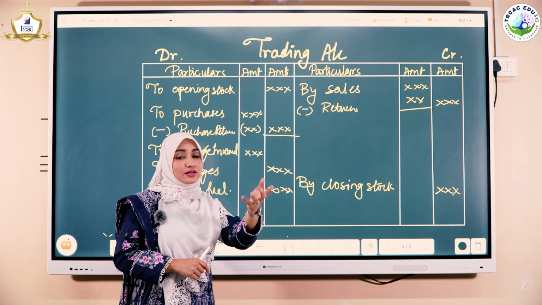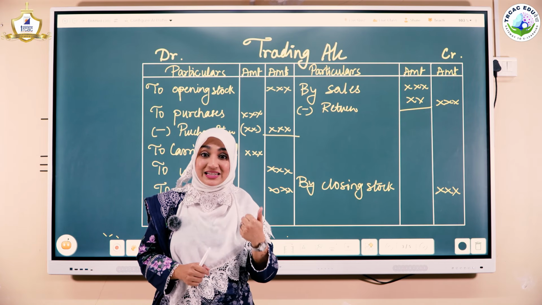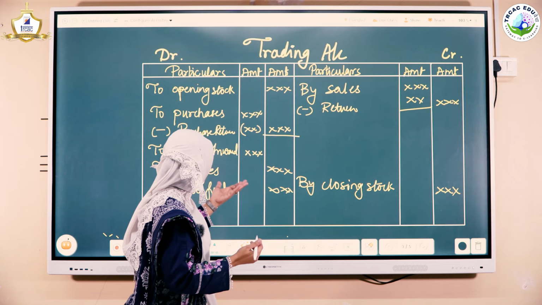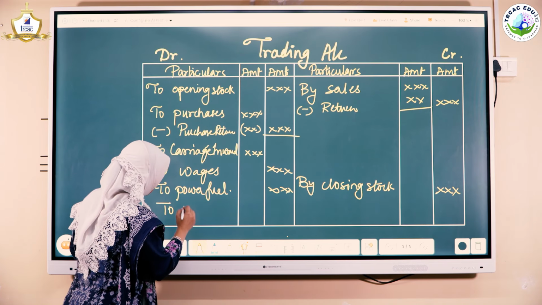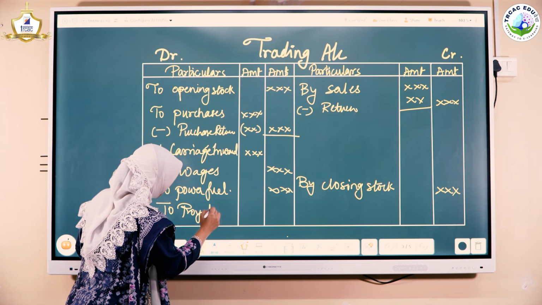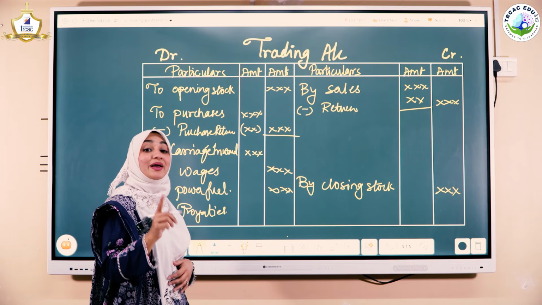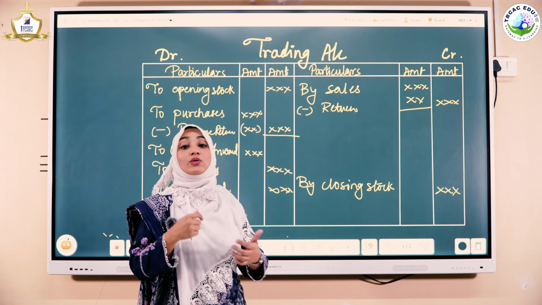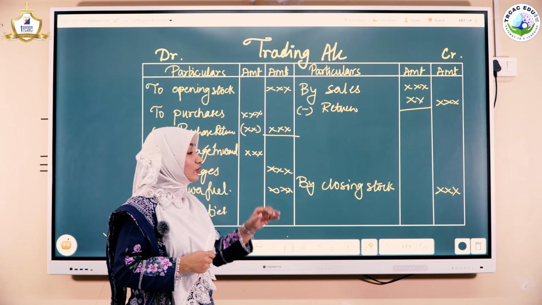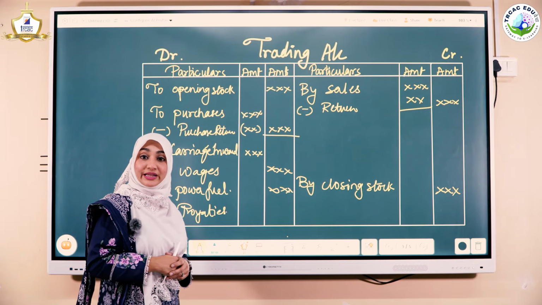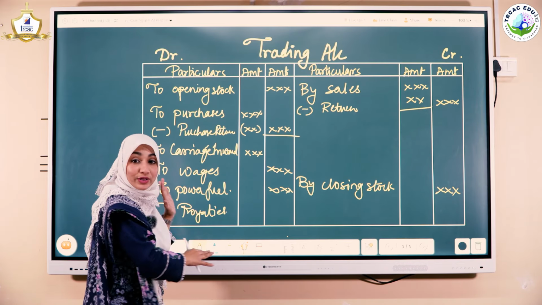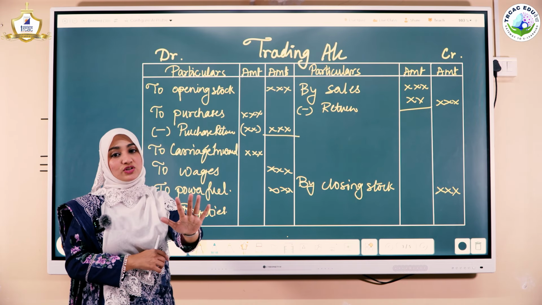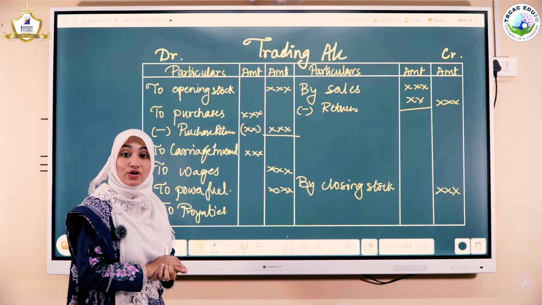Besides this, there are certain things, for example, the royalties, okay? Then next, it can be other expenses, like works manager's salary. This is also very rarely asked. So royalties and works manager's salary. These are the two expenses which might come into your trading account. So once again, you can have a look for trading account, the opening stock, the closing stock, and the Panch Tantra. That's it, where you complete your trading account.